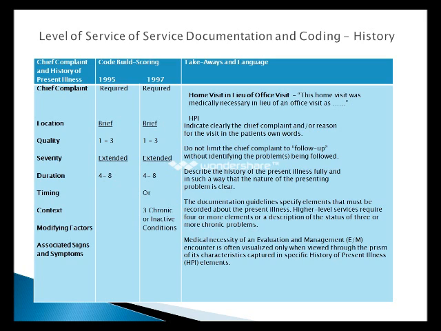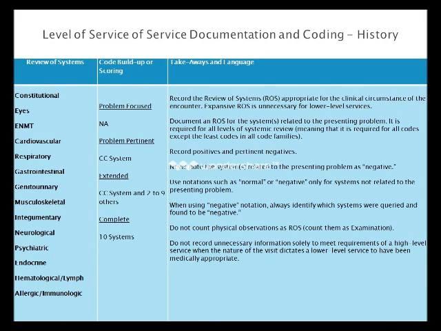These are the criteria on the left-hand side of the history and of the chief complaint. Essentially, it's a build-up model: the more of these that are met contributes to what needs to be documented, and then contributes to your code selection. In the review of systems, similarly, the more systems that are evaluated contributes toward the build-up in the history and examination.